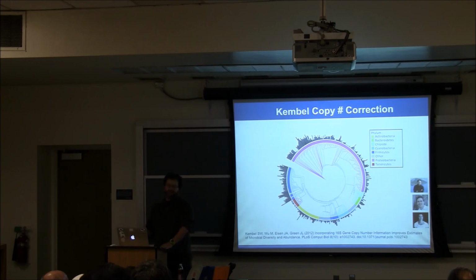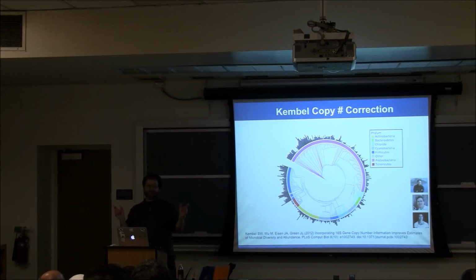So we've been working on these automated methods to analyze the data, and also trying to figure out how we can analyze the data better. And so I've been in this collaboration with Katie Pollard and Jessica Green's lab for a few years, funded by the Moore Foundation. And one of the postdocs on the project, Steven Kembel, developed a really nice tool for doing something that's really important in ribosomal RNA studies, which is correcting for the copy number differences between organisms. So a lot of people would like to take ribosomal RNA data from a community and count the number of ribosomal RNA sequences that you get out after PCR, and use that to infer information about the relative abundance of the taxa in the environment.